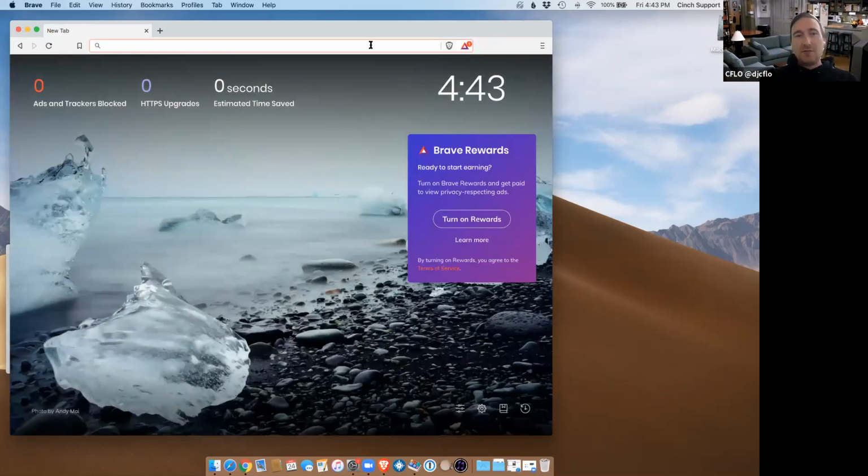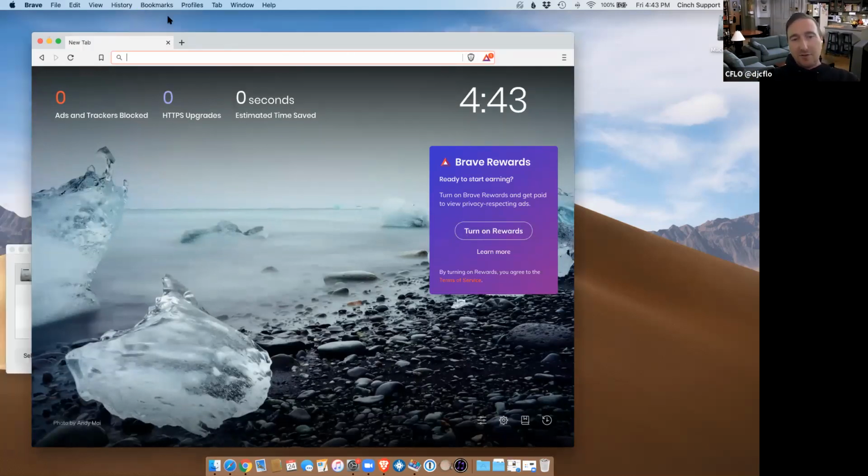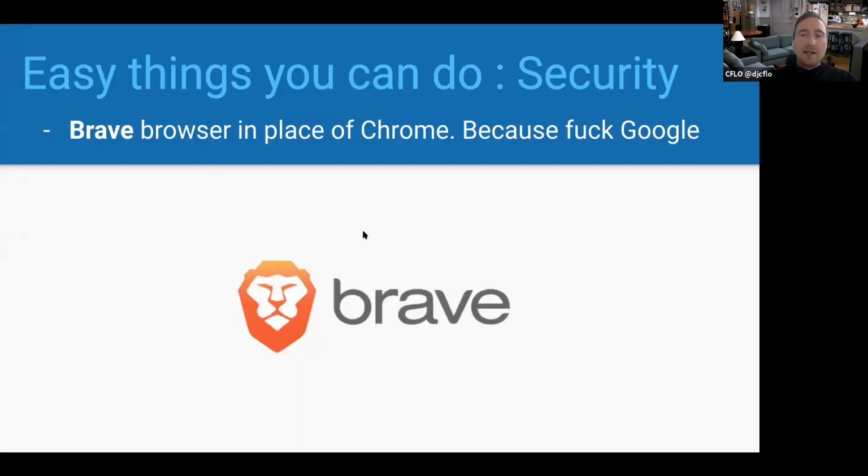And then you can go to the Chrome store and add all your extensions. It's super easy. I can't show you the bookmarks that would have come over if I wasn't running Chrome side by side. But this is, again, a very easy thing you can do that I highly recommend as an alternative to Google, just for the information that you are giving out for free.